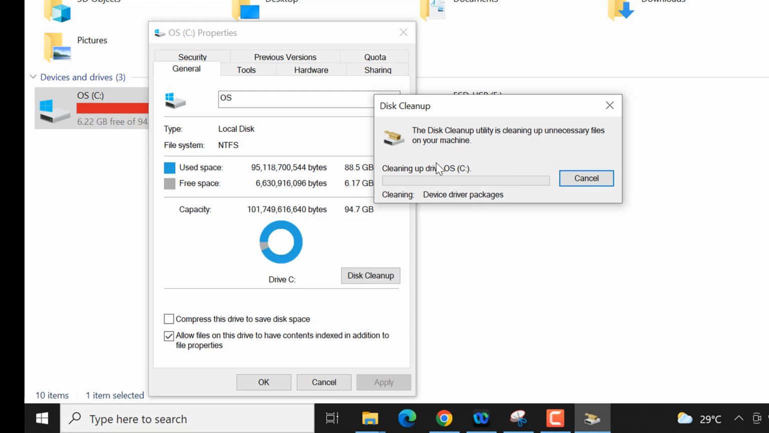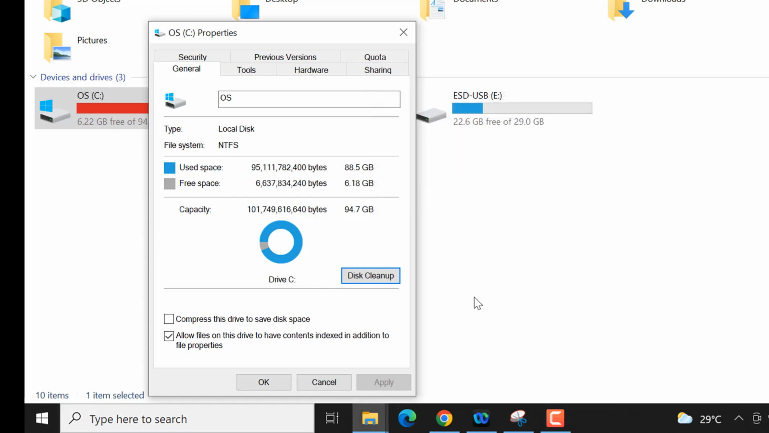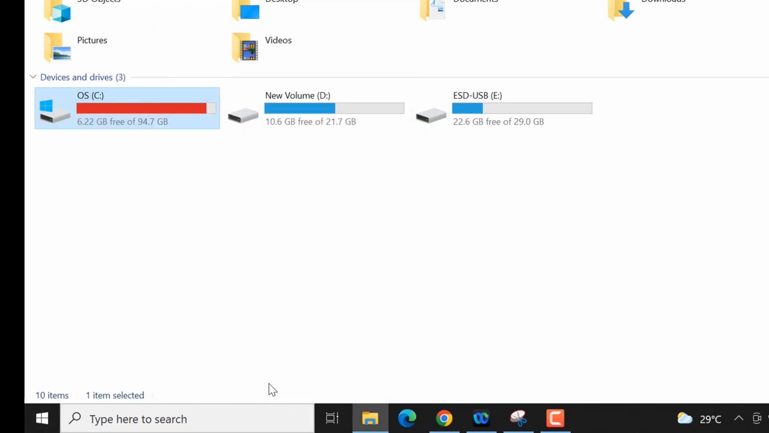From this step on, it will take a few minutes, I think. You can relax and wait for the process to finish. Yeah, I think it has already finished. I think it's pretty fast. Okay, when you click OK,